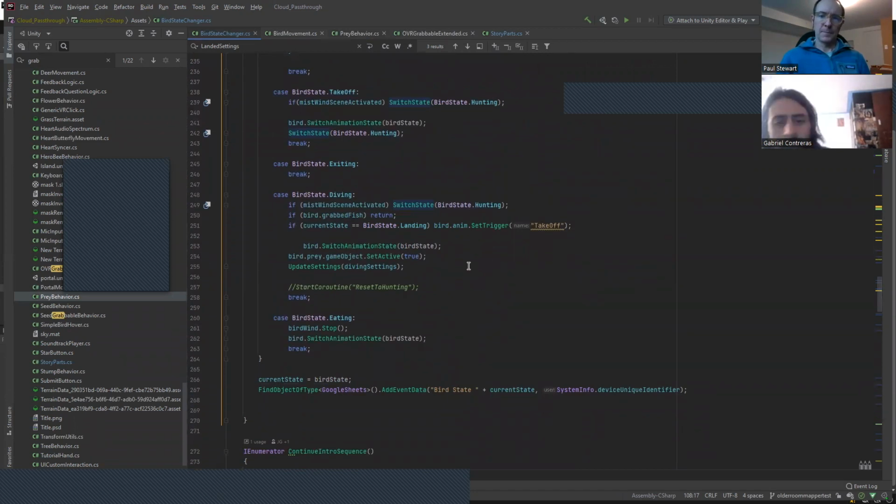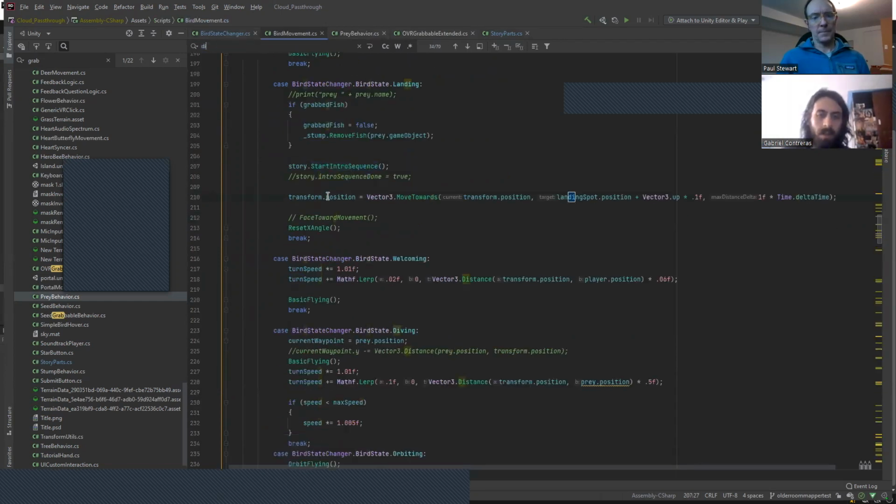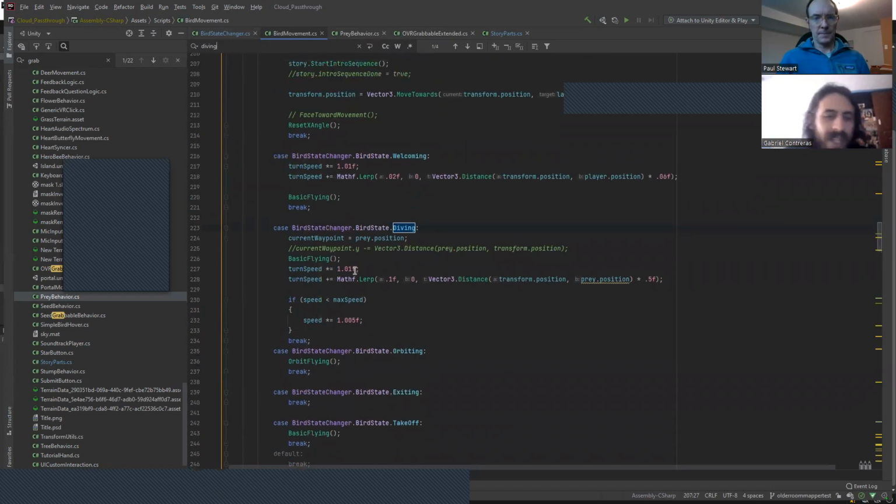So, diving. Let's see. Well, this is pretty similar to the other one. But I will show y'all what happens in the bird movement when you dive. So this is interesting. What I'm doing when it dives, the current waypoint is the prey's position, which by the